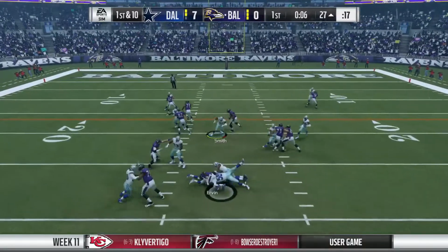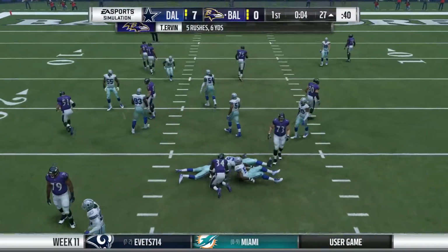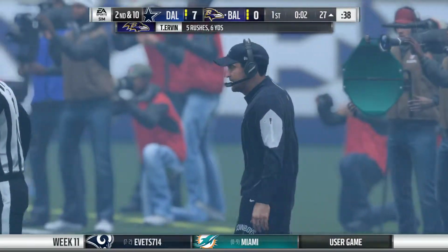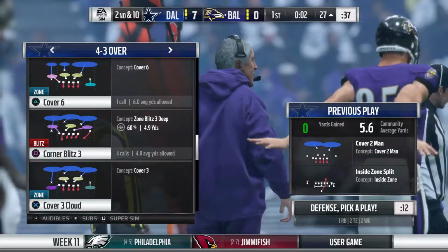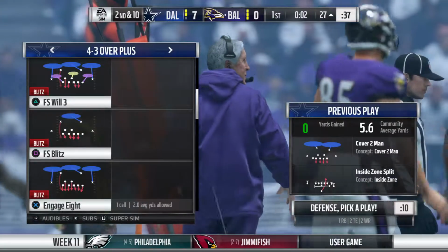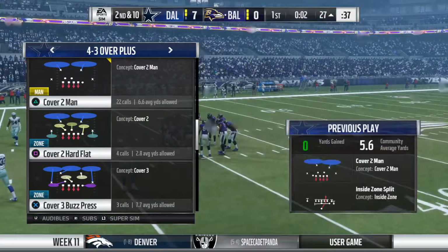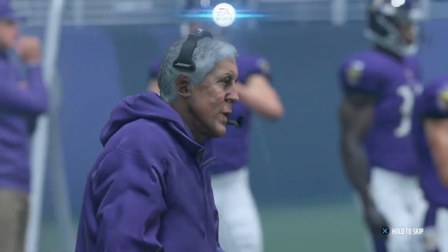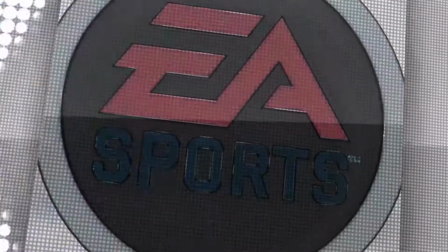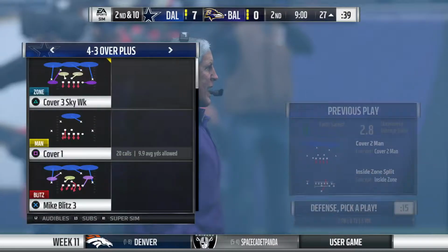They hand off to Irvin. Trying to run inside, but nothing there. No gain on the play there. Second down. And as a defensive end, getting off the ball quickly, swarming to the football, making a tackle, that's what we saw right there. Yeah, and that's what their job is. And really, a lot of the time, they have to throttle back a little bit in the run game because, you know, those defensive ends are...